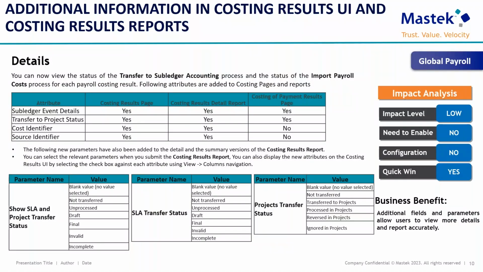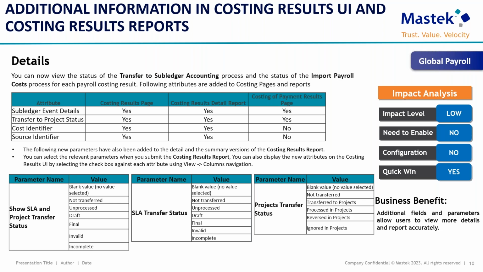Moving forward, the next one is an important feature, that is additional information for costing results UI and costing results reports. In terms of payroll and finance, when we transfer all of our costing details to general ledger via the process of transfer to subledger accounting, there was a missing point, where a payroll person does not have any clue whether the transfer to subledger related processes are actually considered and whether the respective create accounting process has been run or not. With this particular feature from 24C,